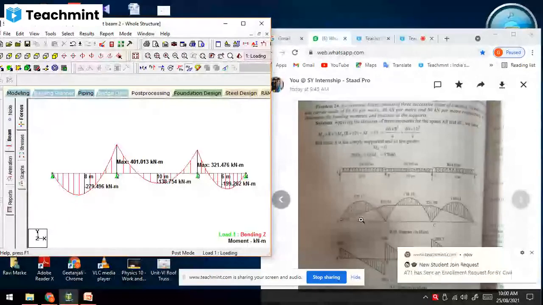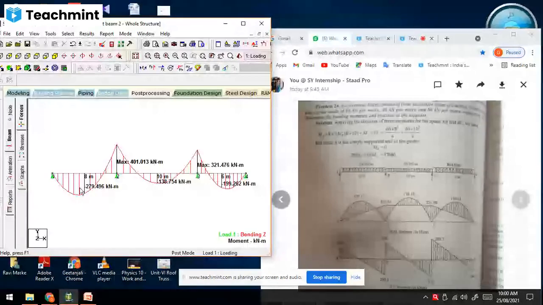Okay, what is the nature? Upward, downward. You can see the diagram also. Positive sign, negative sign, depending upon the sign convention, hogging, bending moment, above the line, below the line. Different authors will take the sign maybe hogging plus, maybe hogging minus, maybe sagging plus, maybe sagging minus, depending upon their judgment. But we have to check the value with the correct sign, positive, negative, right? So values are matching with this.